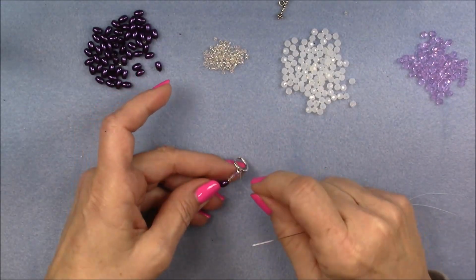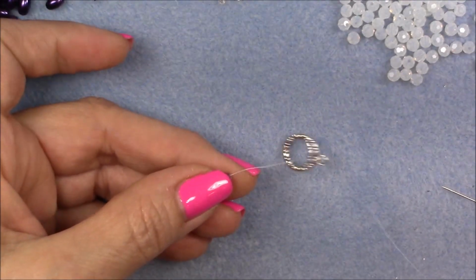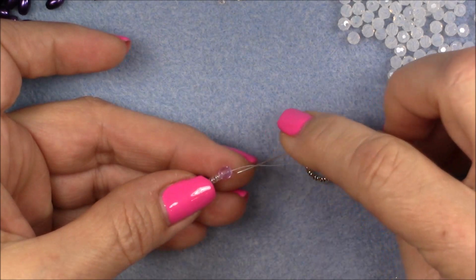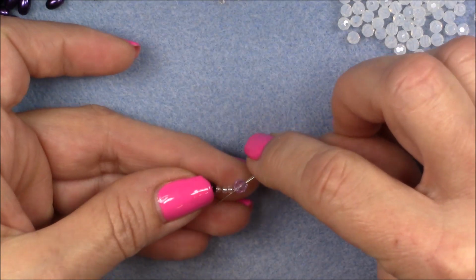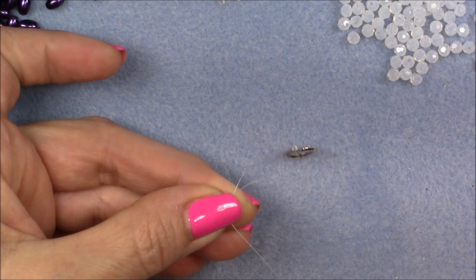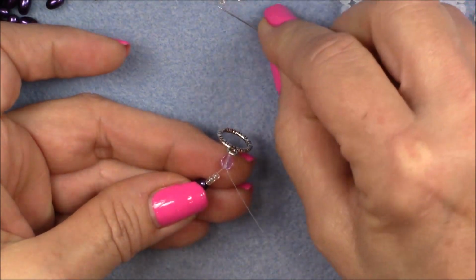And then I'm going to go back into my fire polish bead. Let's get a little closer so you can see what I'm doing. So I've got my rice pearl, 311 I've gone through, and my fire polish bead, I've gone through my clasp. I'm going to go through the fire polish bead and just the fire polish bead and pull my clasp down to it, like so. And then I'm going to pick up 3